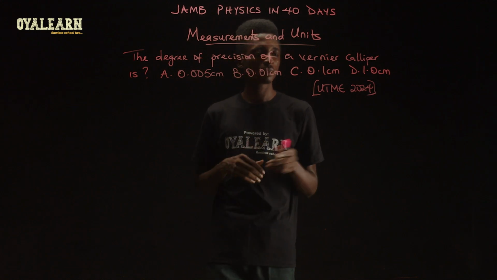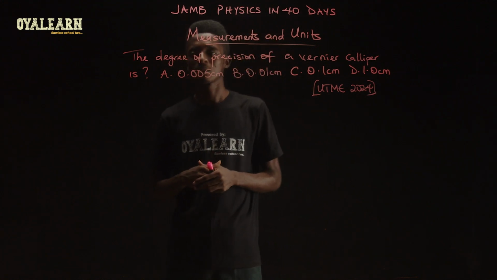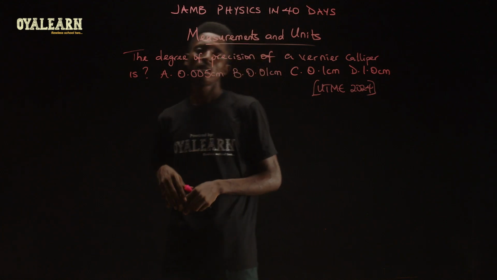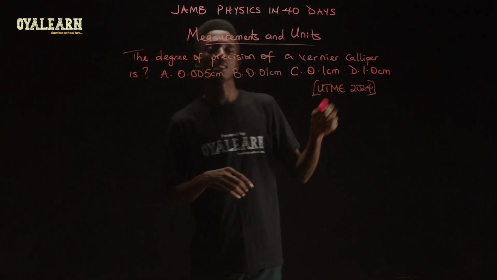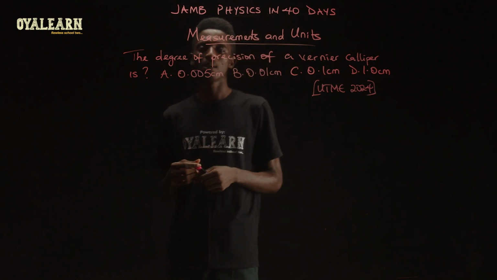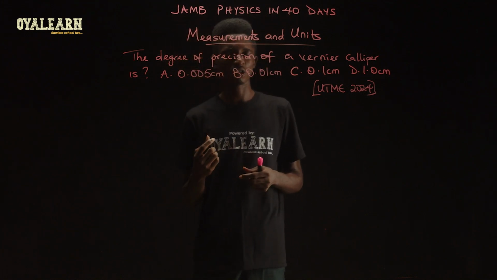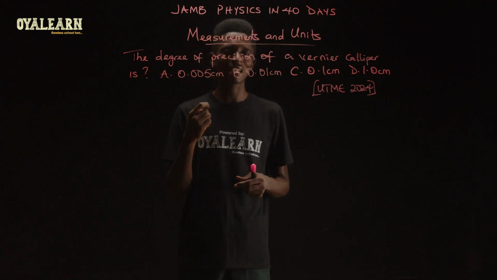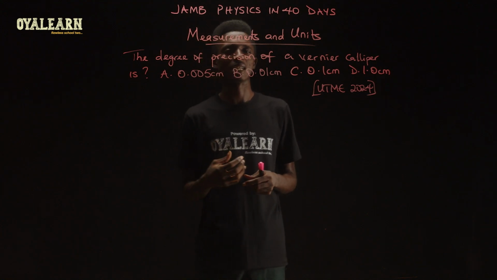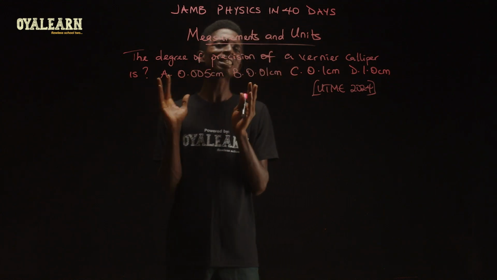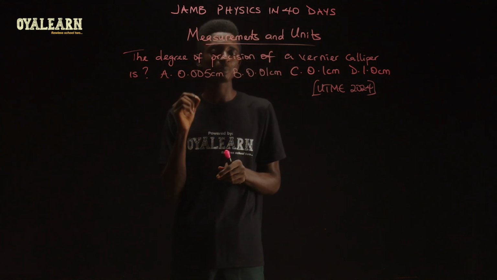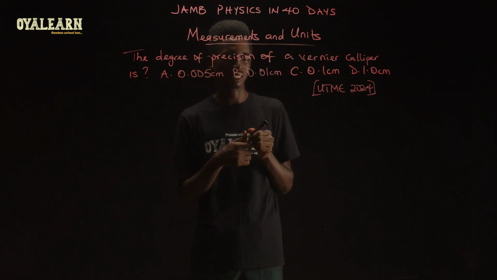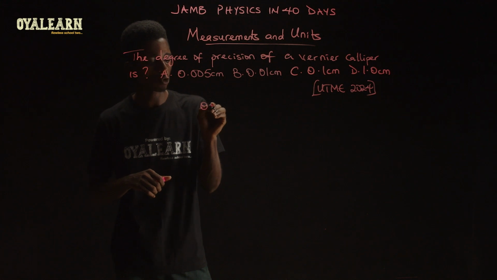In this question from the UTME 2024 exams, it asks, the degree of precision of a vernier caliper is. Now, if you don't know what a vernier caliper is, it's an instrument used in the physics lab to measure small distances, such as the thickness of a metal rule, the thickness of a glass slab, and so on like that. Now, the smallest measurement that you can take with this particular instrument is 0.1 millimeters. It can measure up to 0.1